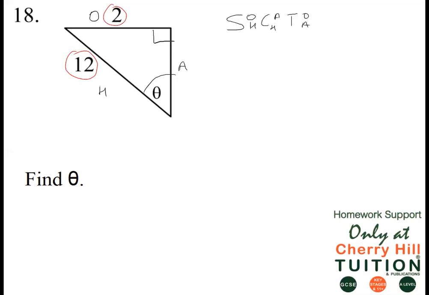Hopefully you will see that this means we'll need to use sine because it involves the opposite and the hypotenuse. So sine of theta is equal to the opposite, which is 2, over the hypotenuse, which is 12. We now need to inverse sine on both sides,